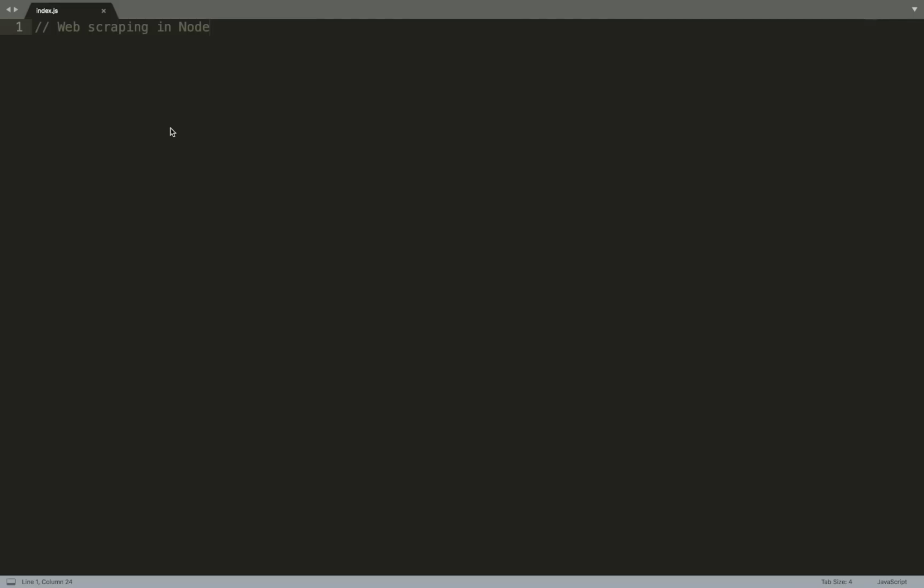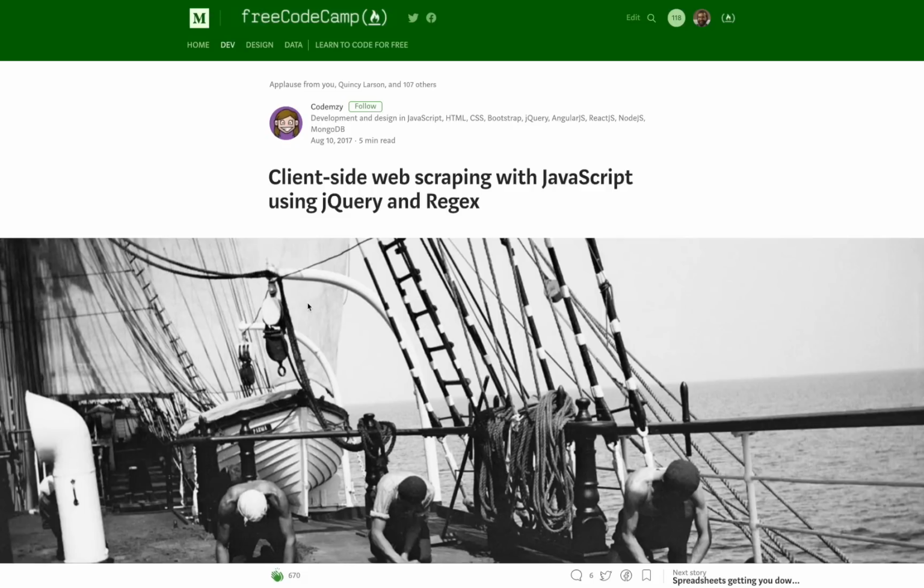Hi, in this tutorial I'll be going over how to do web scraping using Node. I was kind of inspired by this article I read, Client-Side Web Scraping with JavaScript using jQuery and regex, and I wanted to continue this to make it even better. So instead of using client-side web scraping, I decided to use Node so I don't have to deal with the cross-origin issues. When you're using Node, you can basically get information from anywhere and it's not going to give